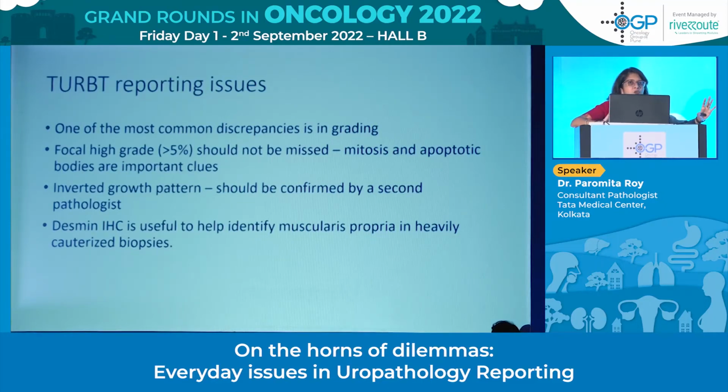Earlier, there is no good IHC which differentiates lamina propria muscle from muscularis propria. Smoothelin was talked about, but it doesn't really help. But we tend to use Desmin in our practice because we get a lot of cauterized biopsies, which look pink. On screening, we tend to think that there is no tumor, there is no muscle there. We can't see the fragments. But when you use Desmin and then go back to the section, it helps to assess muscle invasion for TURBT